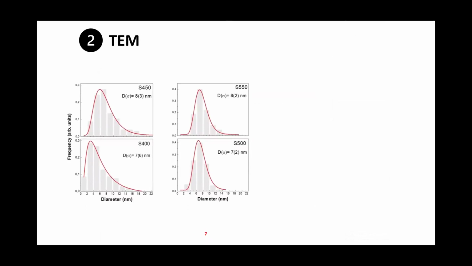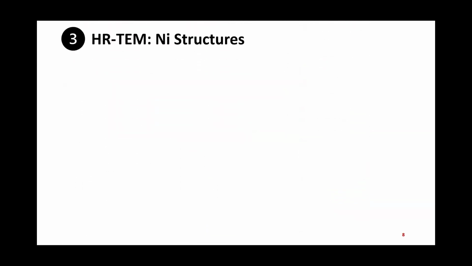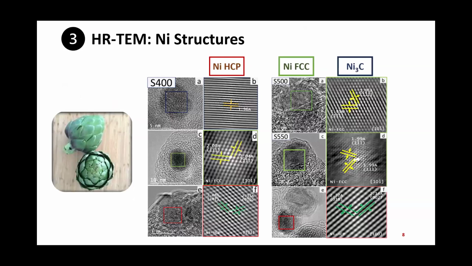After collecting the transmission electron microscope images, I plotted the histogram using log normal and calculated the mean diameter of the nanoparticles. I found that at lower carbonization temperatures it is from 7 to 10 nanometers, and at higher carbonization temperatures the mean diameter increases to a range of 50 nanometers at 1000. Going to the individual nanoparticles, I studied the interplanar distance